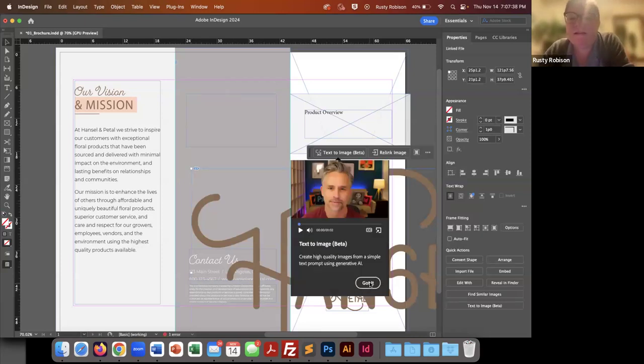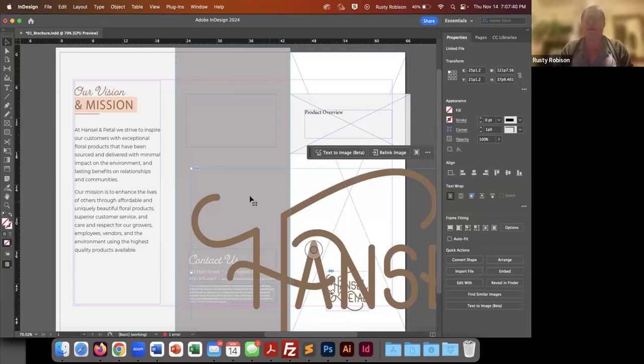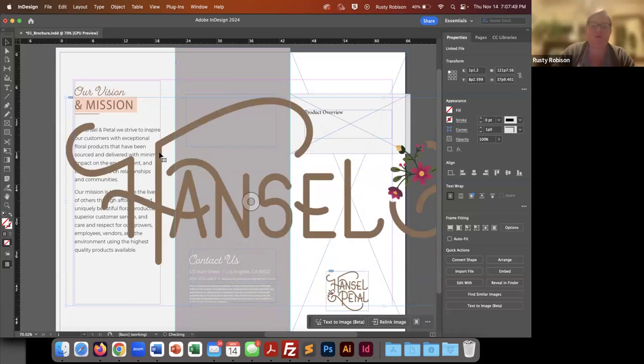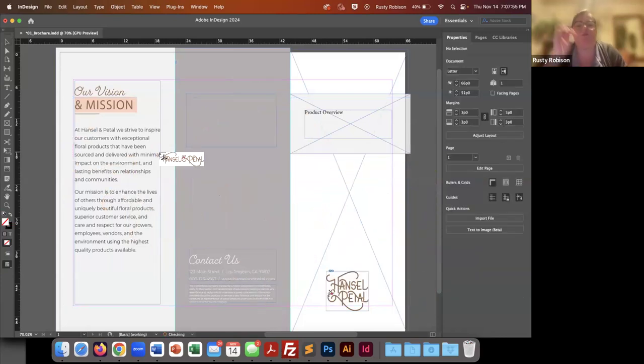If I just click, it's just going to take the whole thing and splat it all over the place, and it's going to be at 100%, just way too large. It's not really what I want. So I'm going to hit Command Undo,